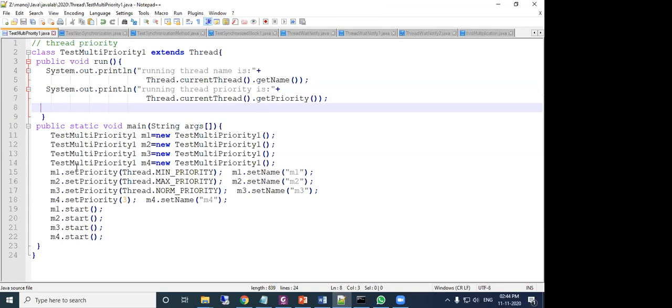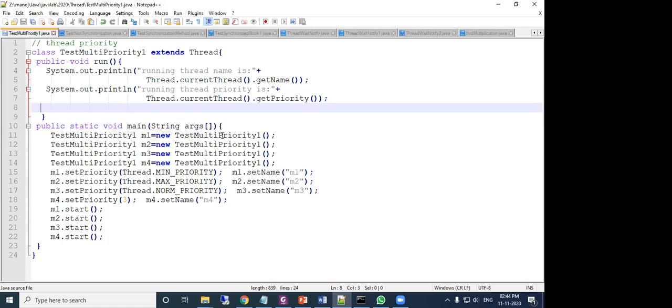Okay, now in the main function I have created 4 threads, M1, M2, M3, M4, with the same class, TestMultiPriority1. So the run method is there, and I have also kept the main method under this. There is no difference, you can put it in another class also.